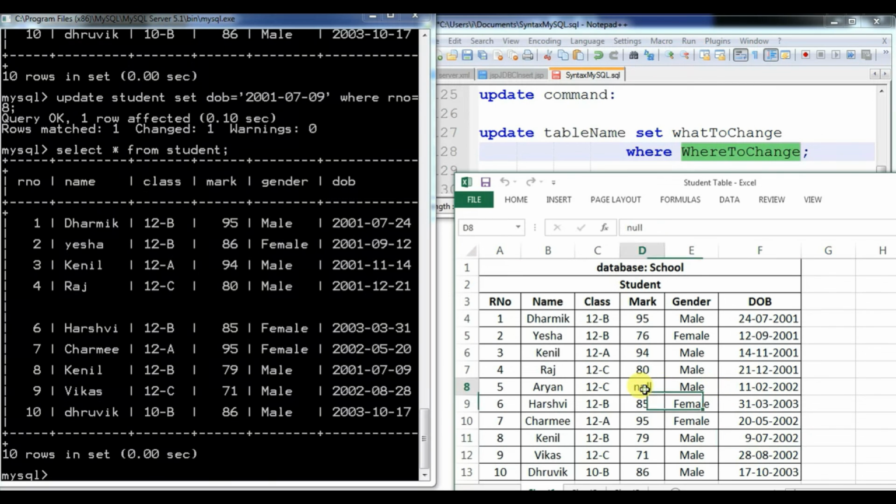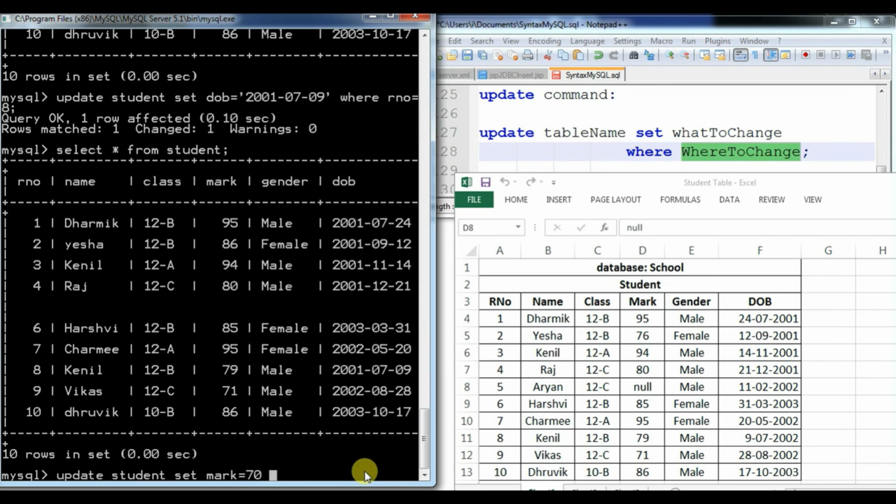Now the main thing: suppose you want to change a null value. We have the name Aryan and the mark is mentioned as null. Suppose I want to change it and apply the mark as, let's take 70, or any value. Then the same statement, but after WHERE, to handle the null value, as we had seen, we have to apply IS NULL.